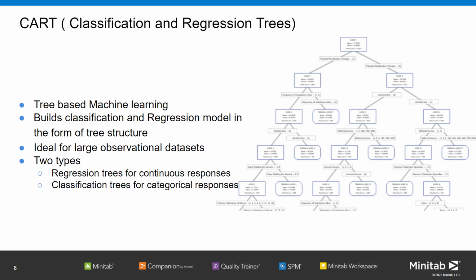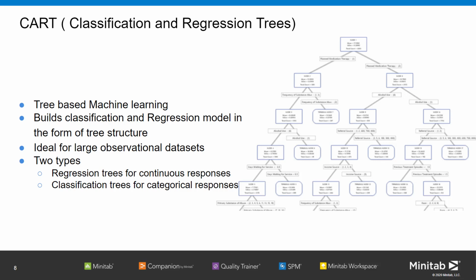So just to give you a little bit of introduction about what CART is. CART is a modeling technique based on recursive partitioning that can be used to predict both continuous and categorical responses. This was recently added in Minitab version 20 under the predictive models menu. These predictive models offer automatic variable selection, are very easy to build in Minitab, and best of all, a model can be visualized as a decision tree.